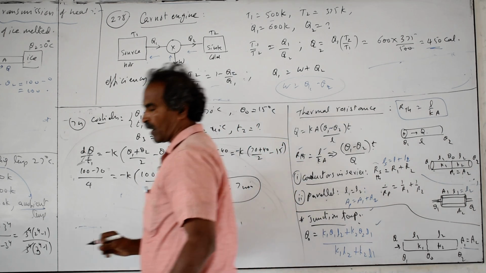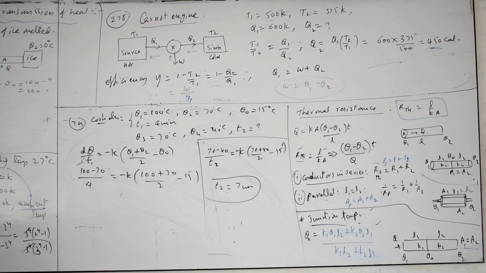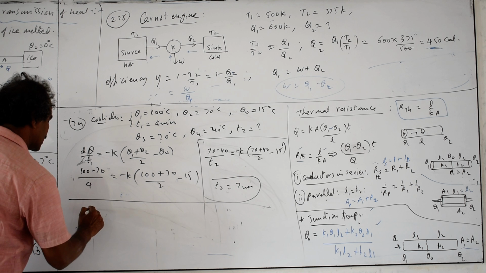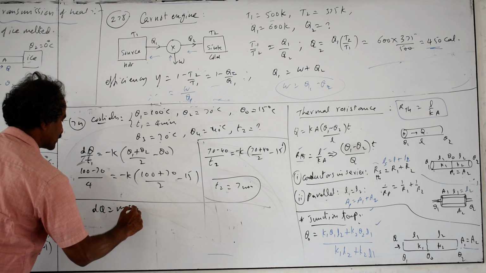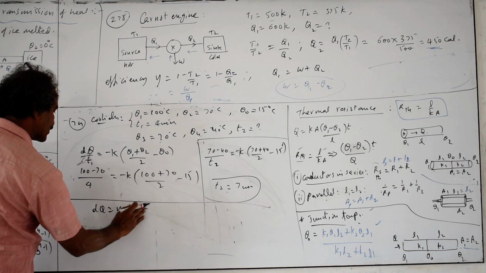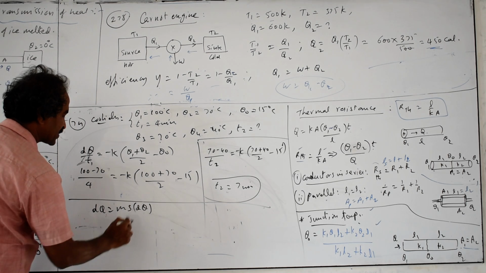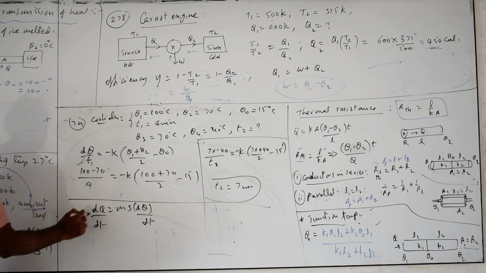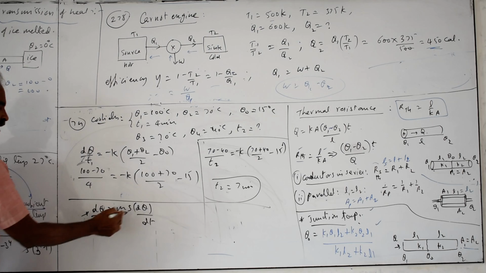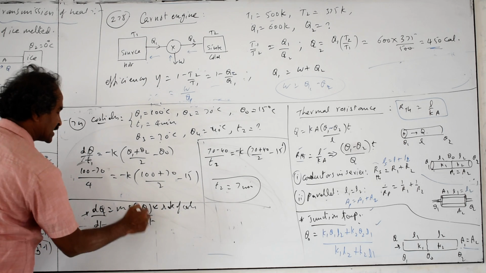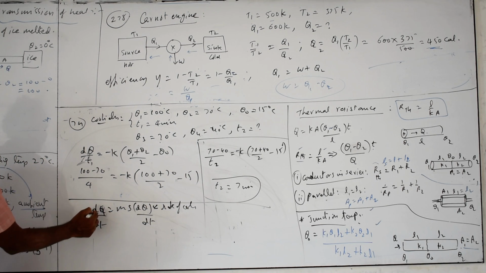This is a very important problem. If you take the heat transmitted, the Q formula we discussed is heat gained or lost, dQ equals m s dθ. This dθ is a temperature difference, not a time, so be careful with the symbol. If you divide with time dt, dQ by dt is called the rate of loss of heat. Here the temperature decreases, and this is called the rate of cooling. Rate of cooling is dθ by dt. Rate of loss of heat is nothing but dQ by dt.